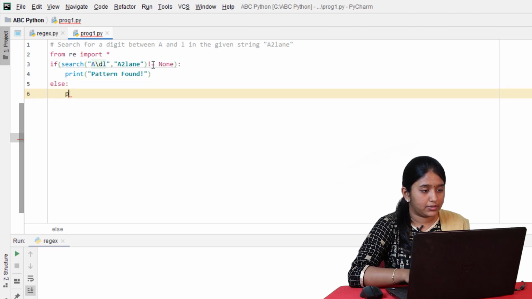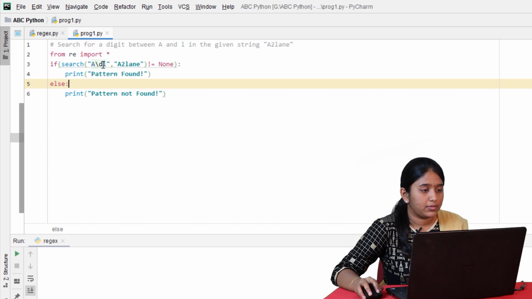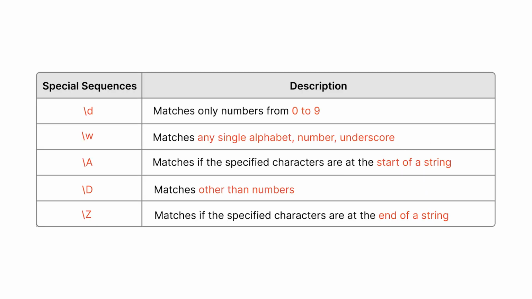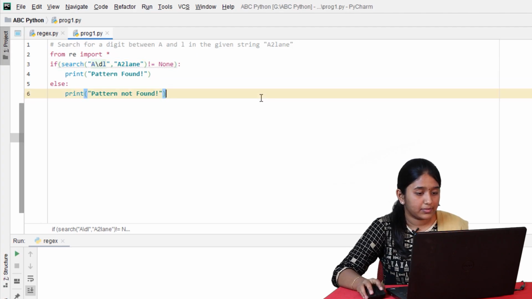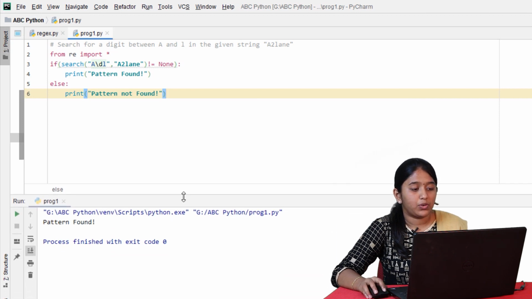Else print pattern not found. So here \d is nothing but a special sequence which helps us to match numbers from 0 to 9. Similarly, there are some more special sequences like this. Now let's run this and check. Click on run. So the pattern is found.